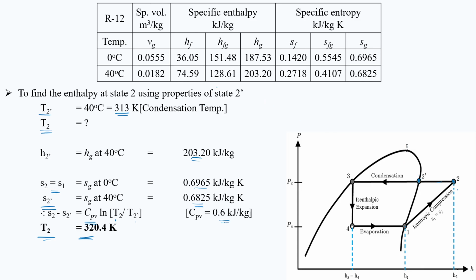Already the enthalpy at 2 dash is nothing but Hg corresponding to 40 degrees Celsius, which is 203, plus this Cpv value, which is again 0.6, into T2 minus T2 dash, which is 324.4 minus 313. Just subtracting, multiplying and adding the above, we'll get the enthalpy at 2 as 207.64 kilojoules